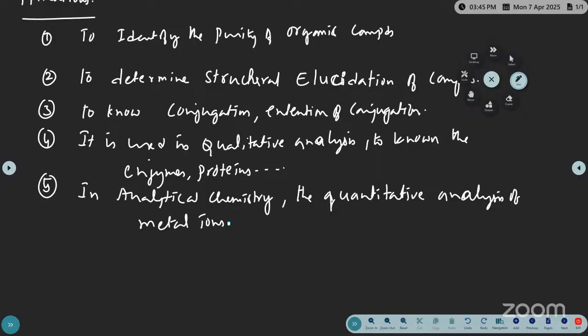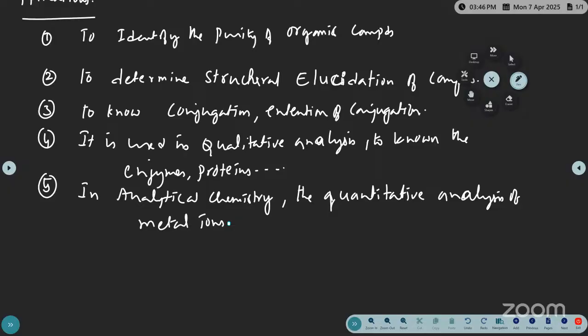One mathematical derivation is there, that is minus dI by dx is proportional to the concentration of the solution and thickness of the medium. Thickness means the distance of the test solution, the distance of the test tube. It could be a test tube or any other medium. That absorbed radiation also depends on the thickness and concentration. So that is the basic